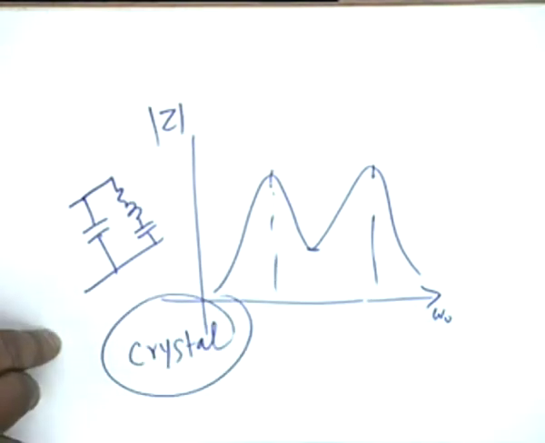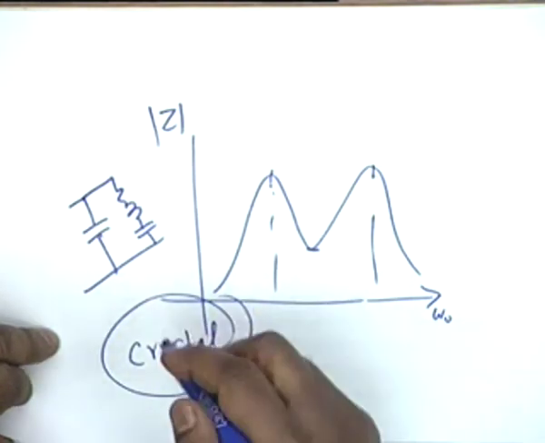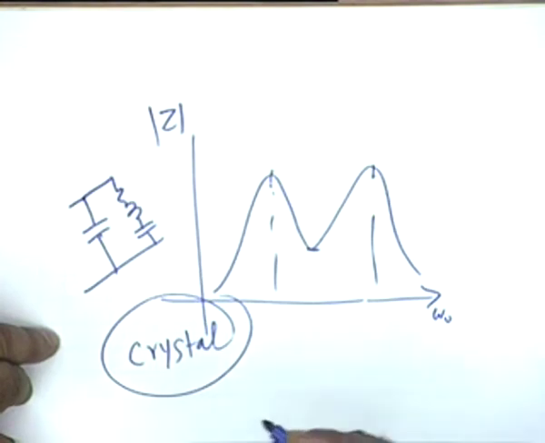And this is the equivalent circuit of a crystal. Have you heard of a crystal oscillator? A crystal is the standard for frequency that you see at NPL or any other standard. The crystal oscillator's equivalent circuit is this, which shows series resonance as well as parallel resonance. All right, we'll leave it at that.